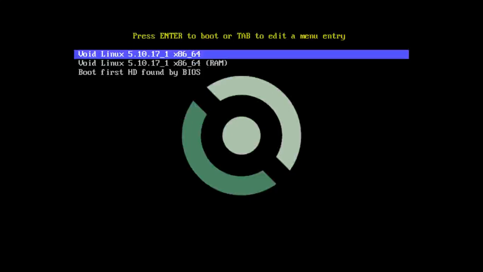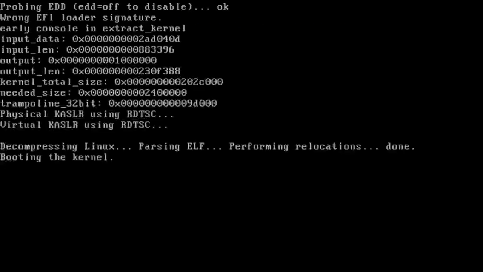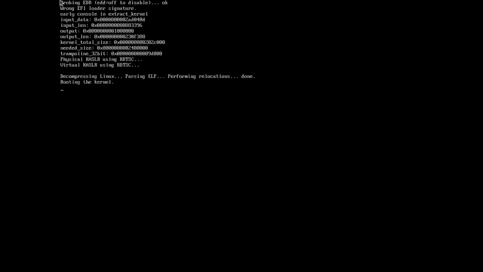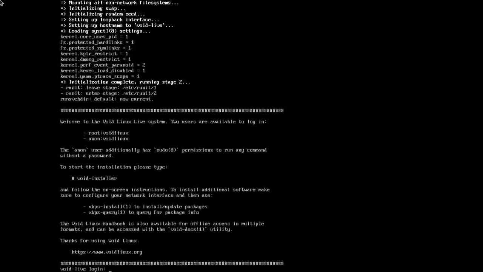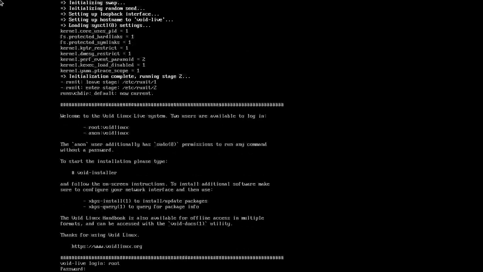32-bit, or 64-bit version. So you put it on a USB and you boot from that USB stick, and you get that menu and you choose the first option and you let it load. Okay, it loaded. Now we need to type root and the password is void